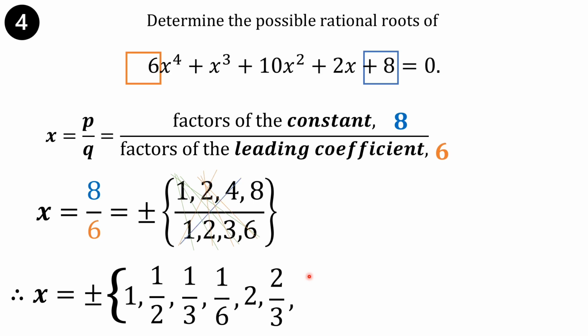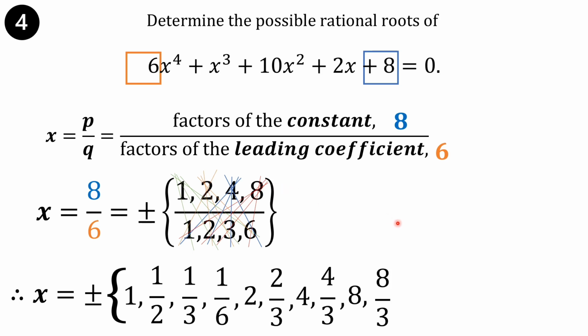Next, 4 over 1 is 4, 4 over 2 is 2, we already have 2. 4 over 3 is 4/3. 4 over 6 is 2/3. No need to write again. Then let's go to 8 over 1, which is 8. 8 over 2 is 4. Then 8 over 3 is 8/3. Then 8 over 6 is